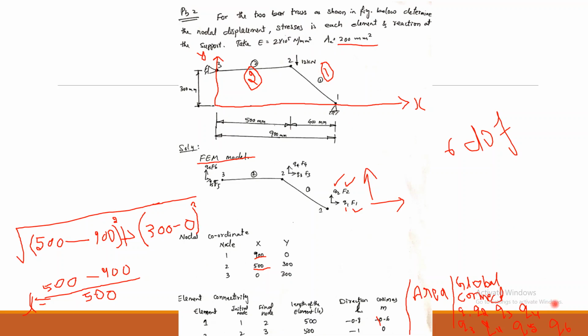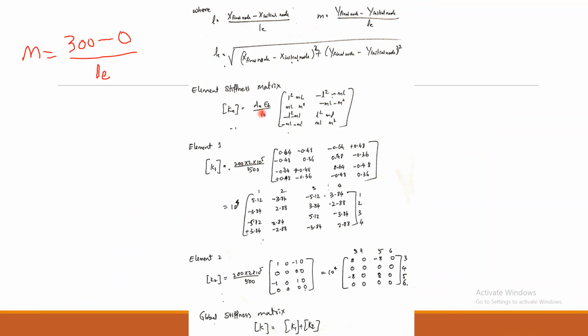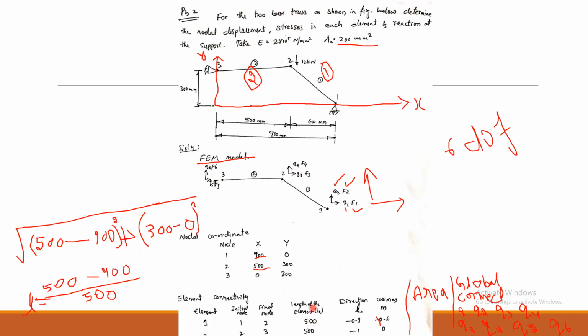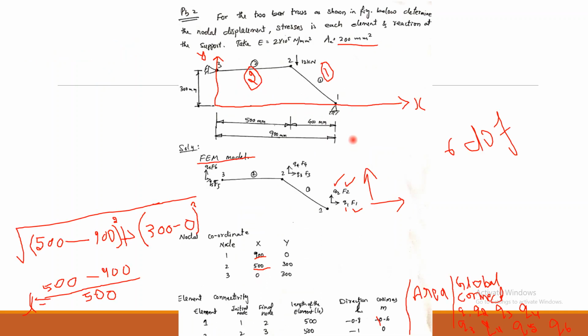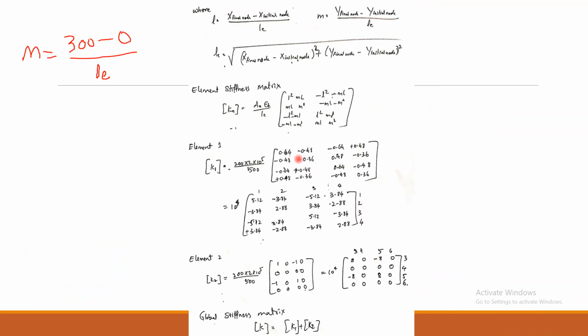For that also you can make one column here, and later on divided by length of the element. So length of the element is 500. So just substitute that, and later on substitute the value of L and M. Okay, so L value is minus 0.8, M value is 0.6. Okay, so if you substitute all these, then it becomes